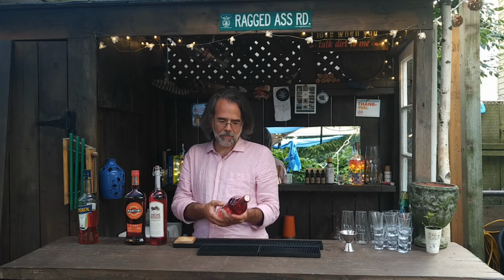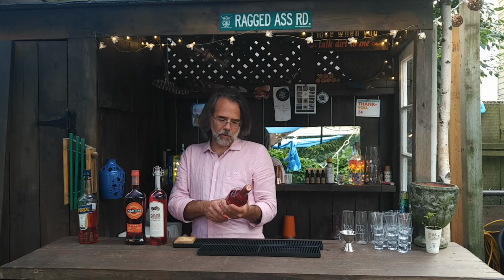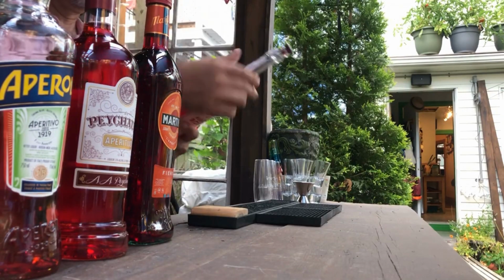Now they don't just call it a spritz. They want to be a little different here. And even though they pitch this as though they've been at it for ages, they go on and on about Peychaud as a bartender and inventing the bitters, which, Peychaud's bitters, they're good, though they're very hard to find without going to a specialty shop. Your Angostura bitters are kicking around everywhere. Their ratio is a little different, and they call it a Royal Street Fizz. It's 3 parts champagne, because French, 2 parts Peychaud's Aperitivo and a splash of club soda, and bottled in the USA. So, well, its roots might be French, but